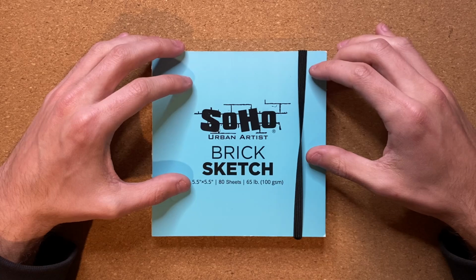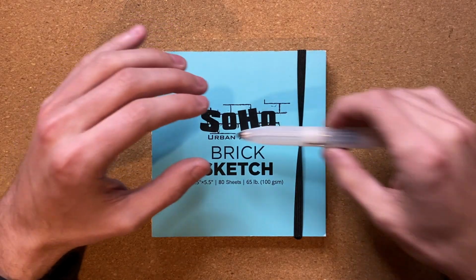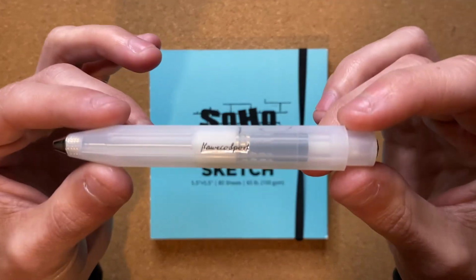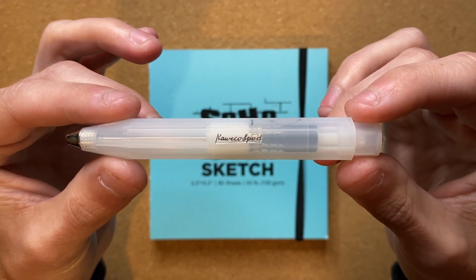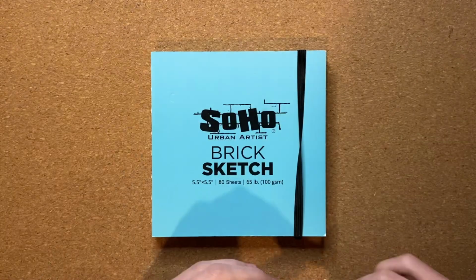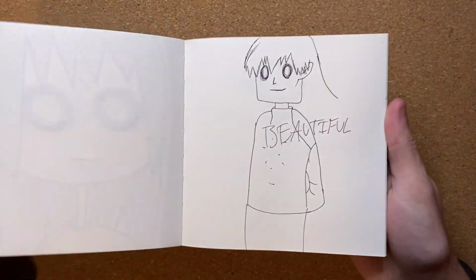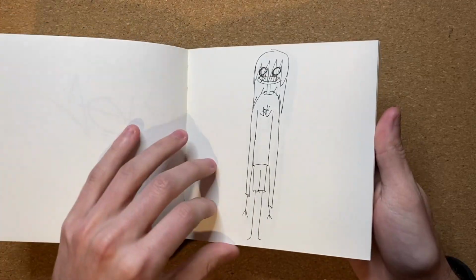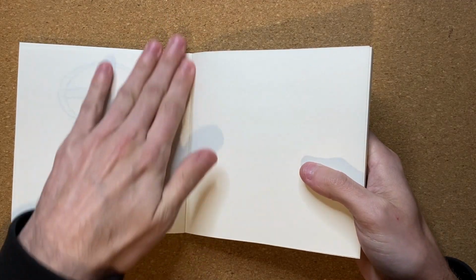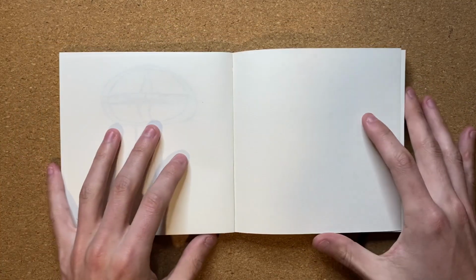Well, today I'm going to be drawing in my SOHO Urban Artist Brick Sketchbook. And today I'm going to be drawing with my Kaweco Frosted Sport ballpoint pen with a Pilot Hi-Tec-C 0.4mm insert inside of it. But without further ado, let's go ahead and get my sketchbook all opened up and flipped to the nearest open page. And now that I am on the nearest open page, I do suppose now, let's go ahead and draw a tennis ball as a